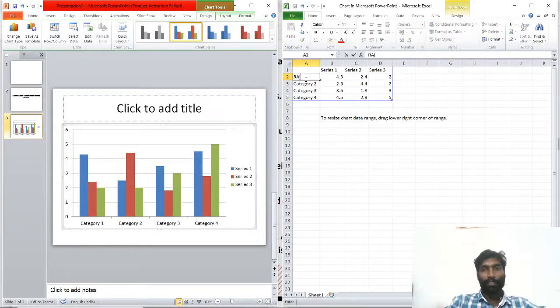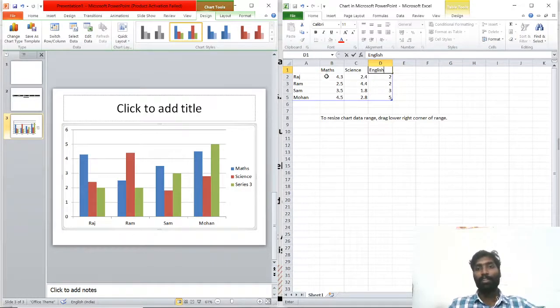Okay, Raj, Ram, Sam, Mohan, and on top I am going to give the subject names. For example math, science and English. And in math Raj scored 55.